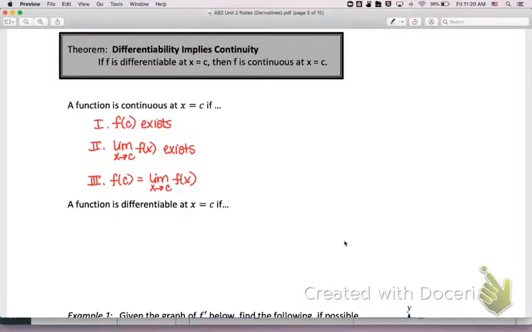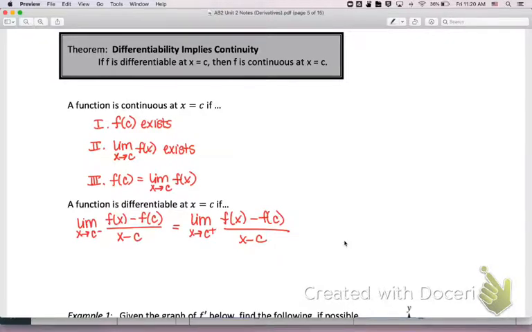That's the definition of continuity we've been working with. We've now added differentiability today. So a function is differentiable at x equals c if the limit from the left and the right, using that alternate limit definition, or the other one, but this one's easier, gives you equal values. So we have to look from the left and the right of whatever that value is